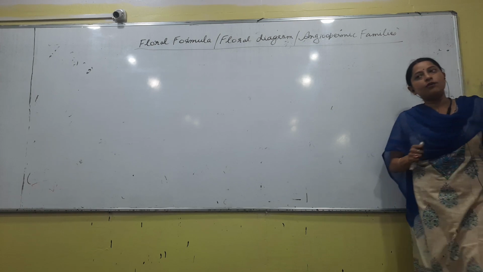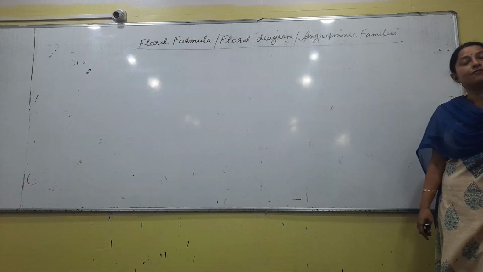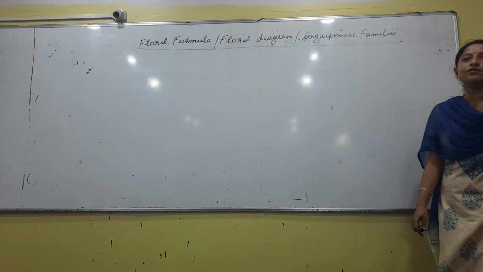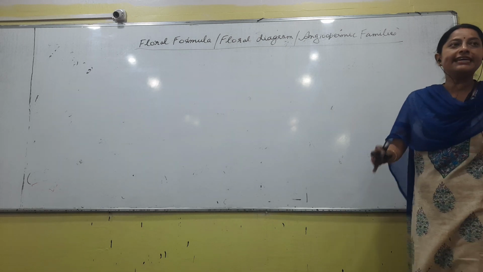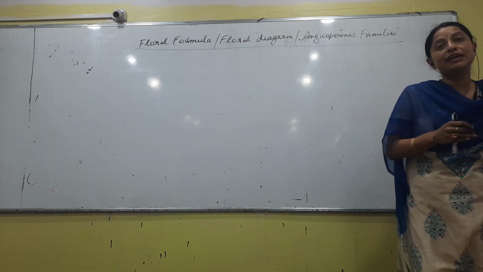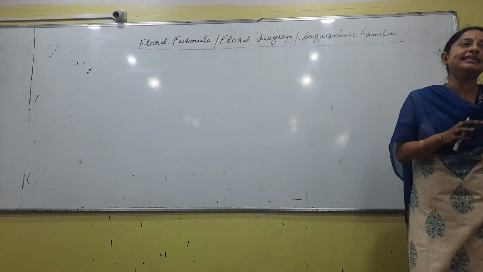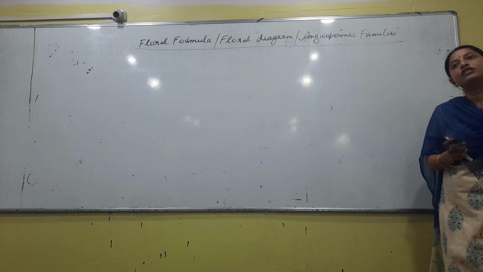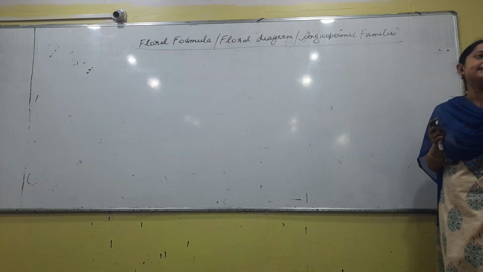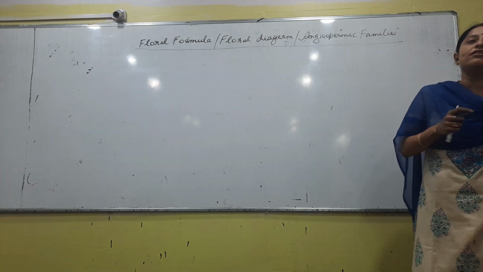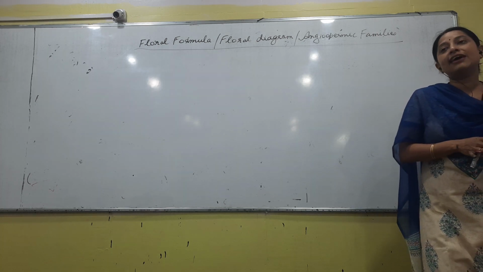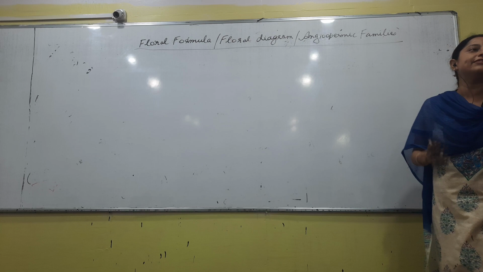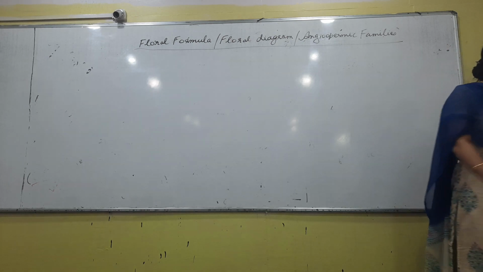So talking about a flower, if you want to represent a flower in the form of a symbol, we write a certain type of symbolic expression, and that is what is called a floral formula, right? In the floral formula, what symbols will there be, and what do the symbols tell us? The number of members that is present in each and every whorl of a flower. When we talk about a flower, there are 4 whorls: calyx, corolla, androecium and gynoecium. All the 4 whorls are represented by certain alphabets. And what is the number of sepals that the flower has, what is the number of petals that the flower has, looking at that symbolic expression, we can have an idea about the entire flower, and this is what is called a floral formula.